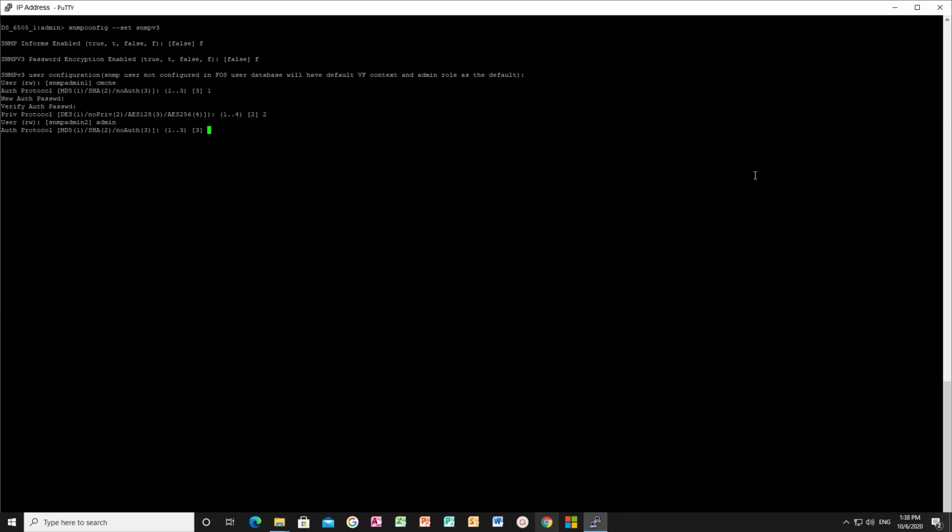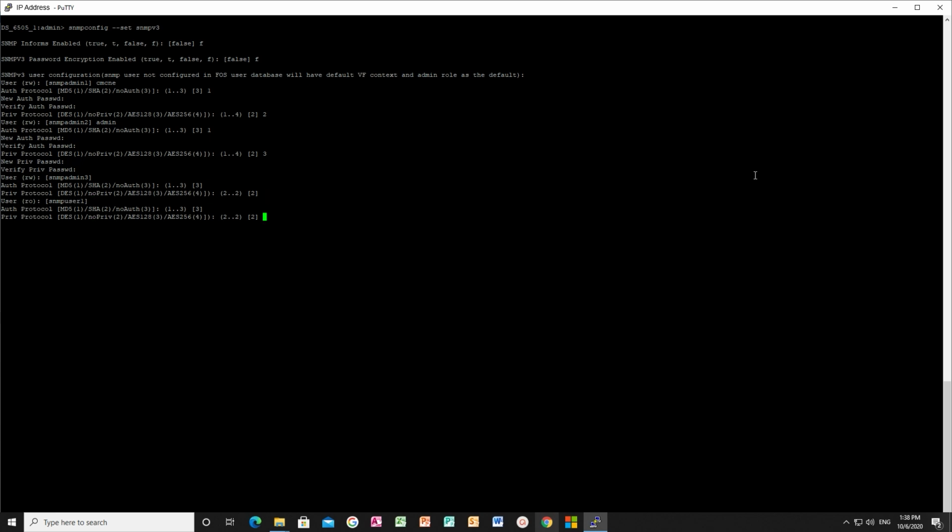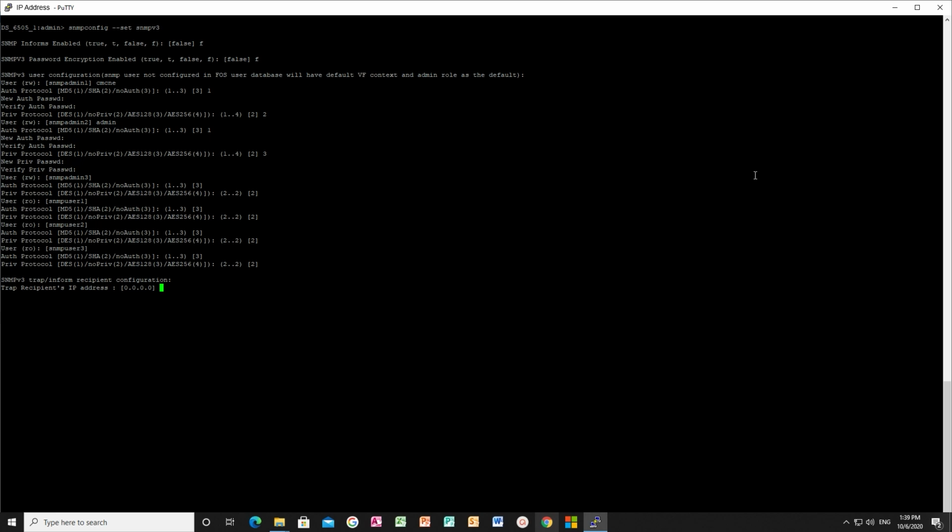Key in the SNMP username. Enter the authentication protocol as MD5, SHA, or no authentication. Key in the authentication password. Key in the privacy authentication level setting. Key in the privacy password that enables the host to encrypt the contents of the messages that it sends to the agent. SNMP user with the username admin has been successfully created. Follow the same procedure to configure more SNMP users, else click Enter to come out of the configuration mode.